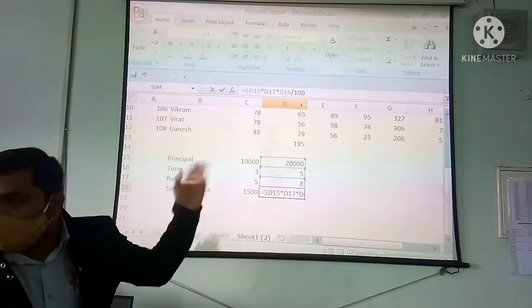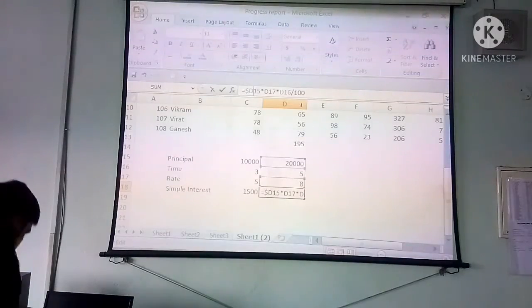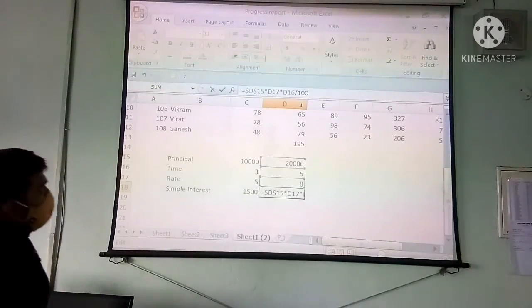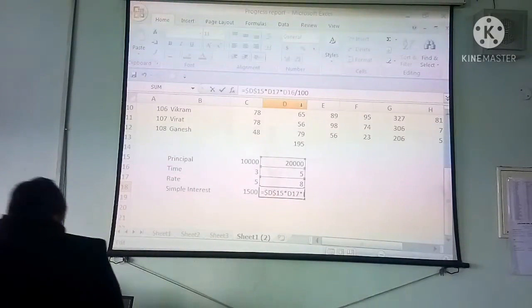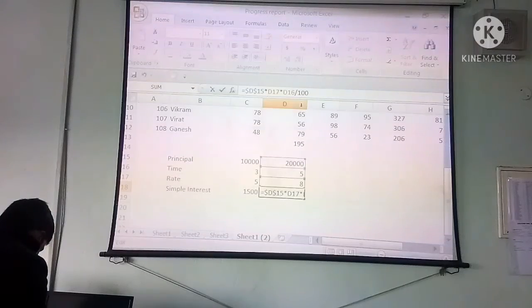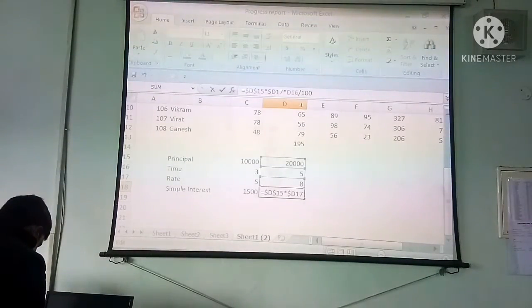Now the column has become absolute. Now before the row number, 15 is the row number, before that also we have to write dollar. Dollar D dollar 15. This is called the absolute reference. Next, again dollar D dollar 17.